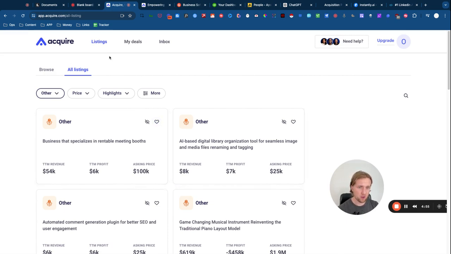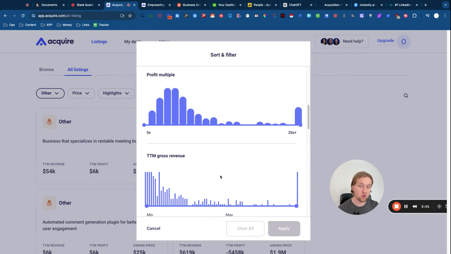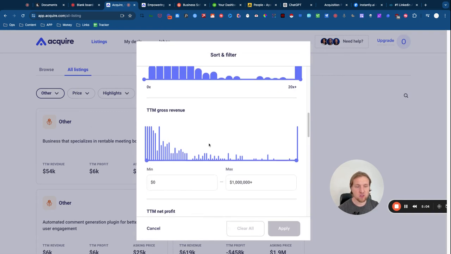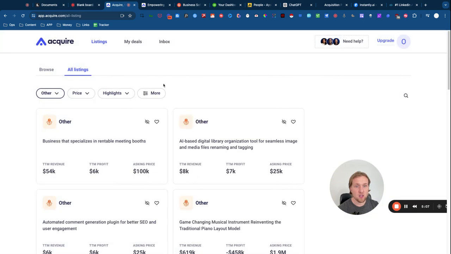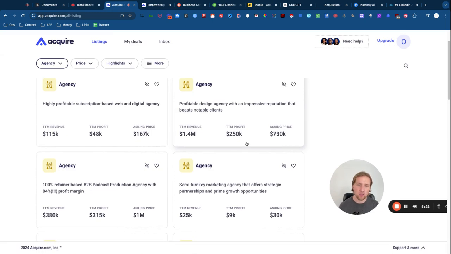All right. What you can do on Acquire is go through a number of different toggles when it comes to the types of companies that you're finding. There are a number of different filters that you can use depending on your strategy. One strategy might be that you go to the categorization here and click on agencies, because you want to see in your area or your country what agencies are currently being sold, the revenues and profit margins they are generating, the asking price of those businesses, so the ones making the most money and being sold for the most money, and what they are actually offering as their service.